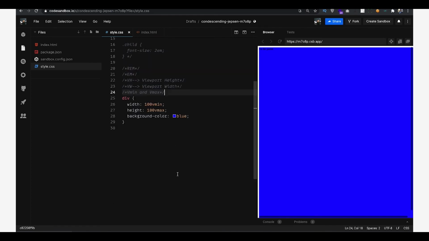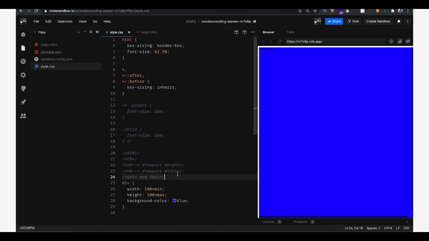Yeah. So another relative unit that we will also come across is the percentage. Whenever you set a percentage on a property, such as width, height, or font, it is measured with respect to the parent's property. So what do we mean by that? So for example, if I say